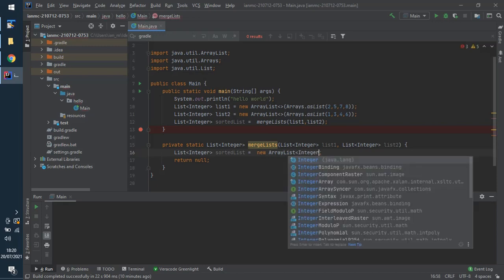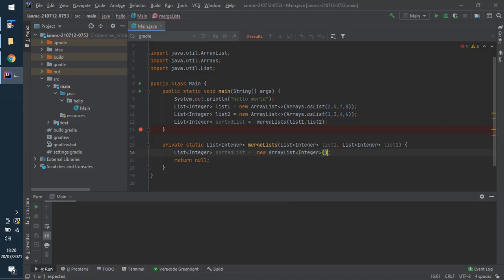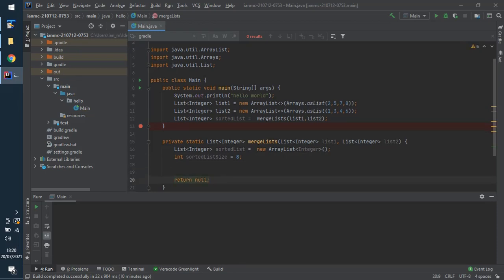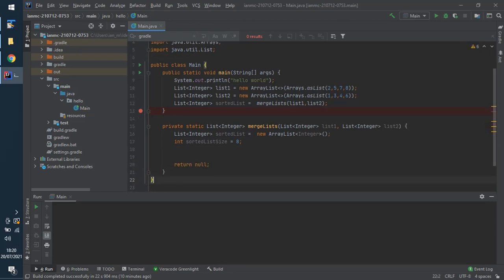Integer. And I'm just going to create an integer variable called sortedListSize, and I'm just going to set that to 8 because we know that's what it's going to be. Just going to try and keep this really simple. Obviously in real life you wouldn't do it quite like this, but this is just to illustrate the